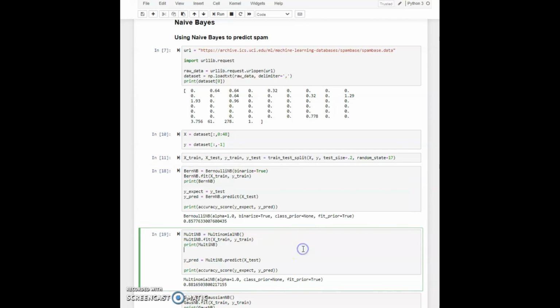Now in cell 19, let's see what we get with a multinomial naive Bayes model. In this case, we don't need binning, so we are going to remove the binarize parameter, and then we are going to be calling in the multinomial naive Bayes. As you can see, here we are getting an accuracy of about 88.1%. This is going to be a little better than our Bernoulli's naive Bayes model, but since our dataset features are all numeric, we could try out the Gaussian naive Bayes classifier.